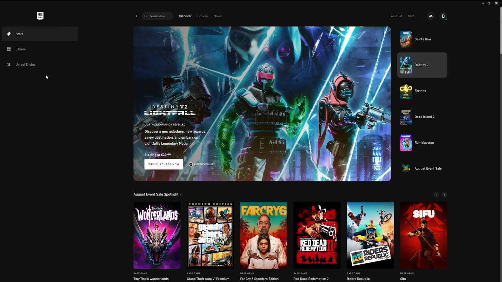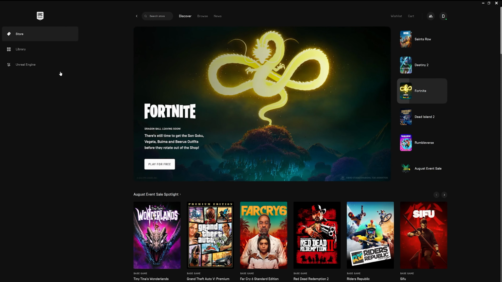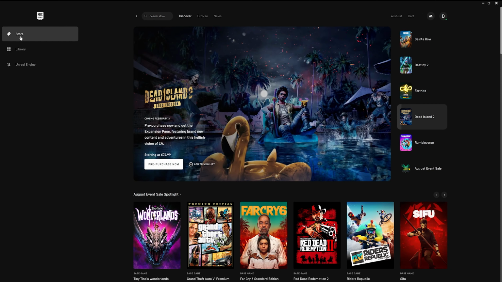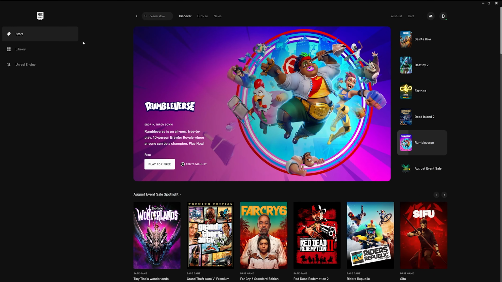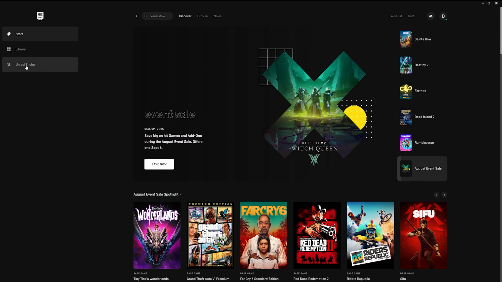And as you can see, it actually embeds all of Epic's products and works. So it may actually start off in the store, which is Epic Games' equivalent to the likes of Steam, etc., where you can purchase games and content. But that's not what we're wanting to do. You can see down here on the left hand side there's actually a tab for Unreal Engine. So if you simply click it,